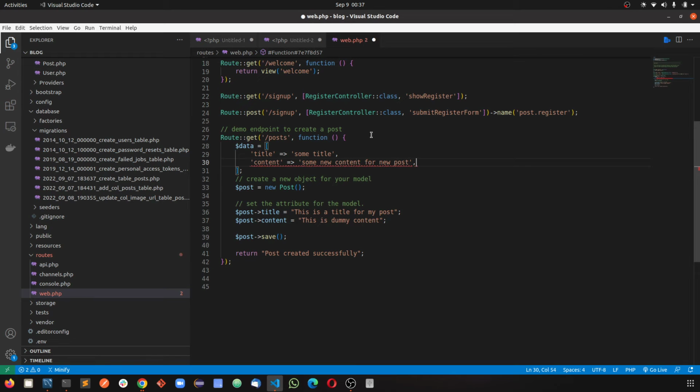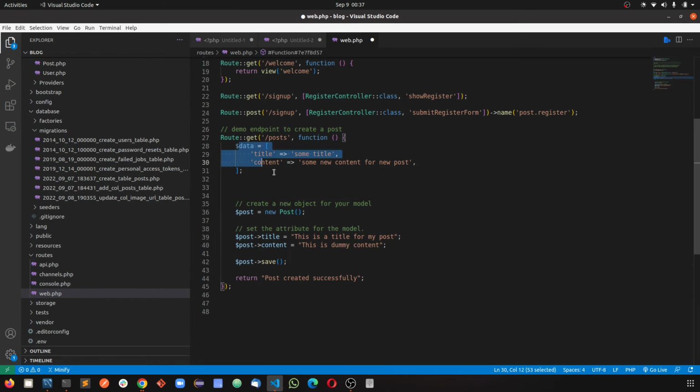Okay, just dummy data I'm picking up. So suppose you are getting this data from the request, we have not yet used the request. We'll use it when we create a form, complete end to end. We'll see there will be a form, we'll submit it and the record would be generated, right? So we'll do it in the next session. Today we'll only understand how to save the data. So here I'm generating some data, and I want to save this data inside the